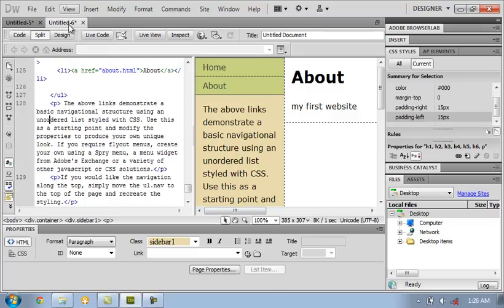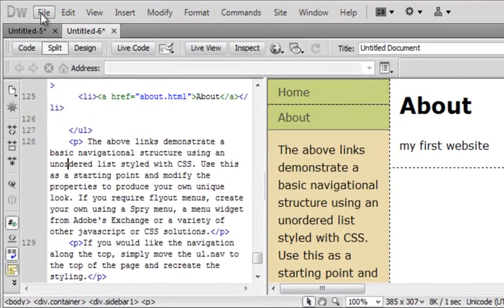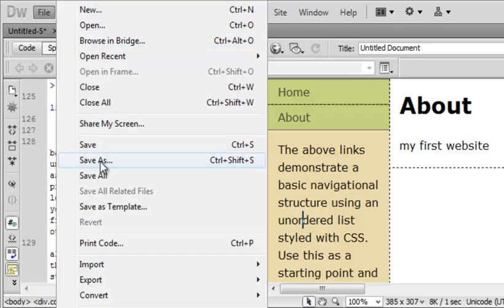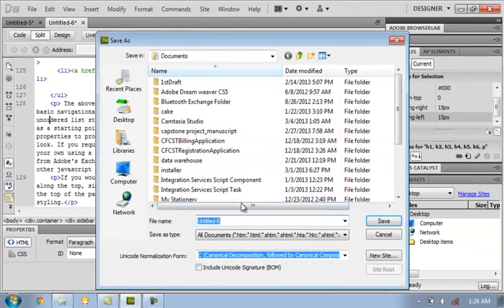Then we are going to save this page. To do so, click File and click Save As. Don't forget to add the .html file extension because you are going to create a website.